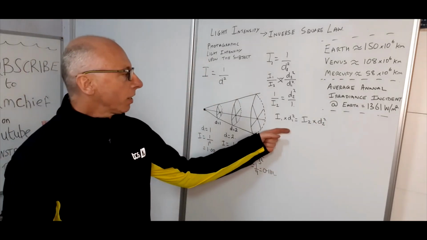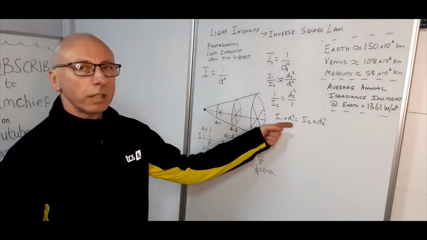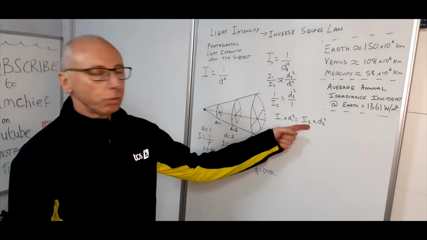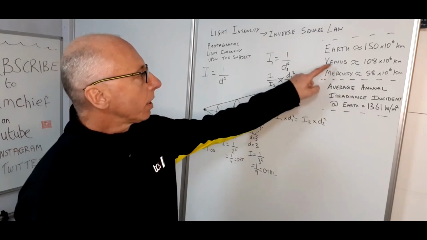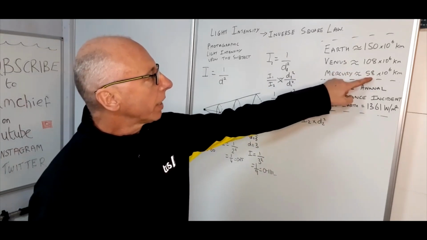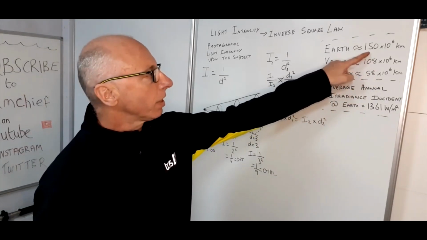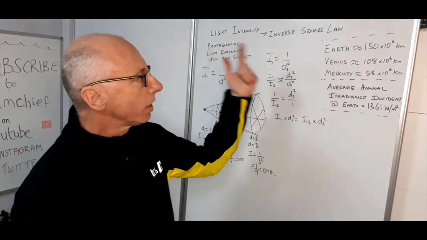And if we want to isolate each one of these, then all we have to do is use the usual rules of algebra. Now we know the distances, which I've got written down over here. These are just the average distances. These will change depending on where it is on its